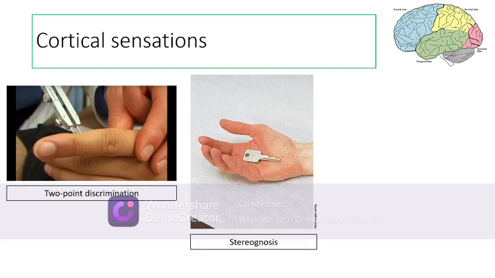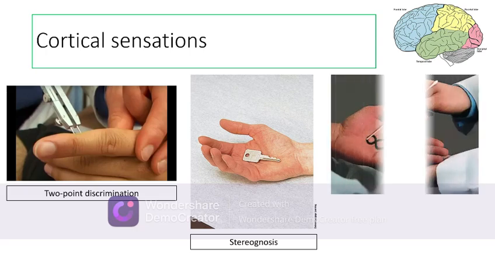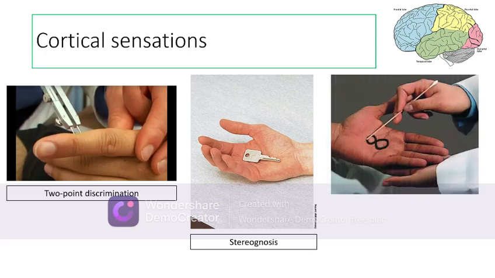Now this is what is stereognosis. Stereognosis is the ability to identify an object by its shape, texture, etc. without even seeing it. In this also, the patient is asked to close his eyes and the examiner places an object over the palm of the patient. Just by touching it, the patient has to guess what object has been provided to him by the examiner. And this is the last one, which is the graphesthesia. In graphesthesia, the patient has to identify a word or a letter that has been pressed on the surface of the skin without looking at it.